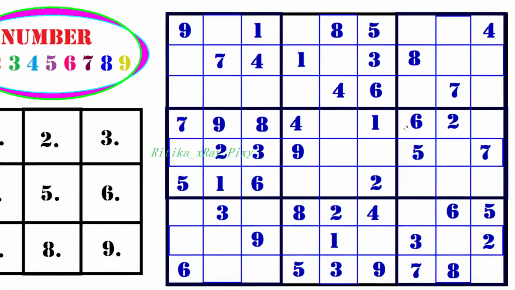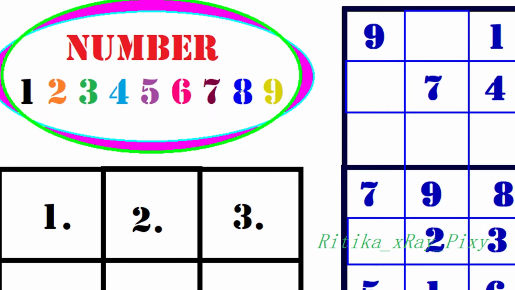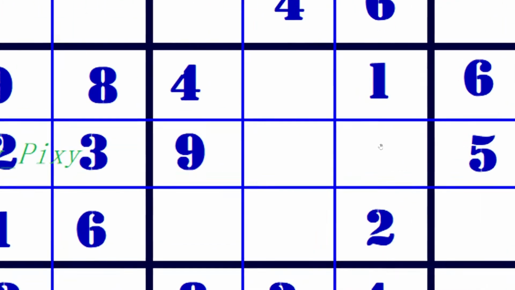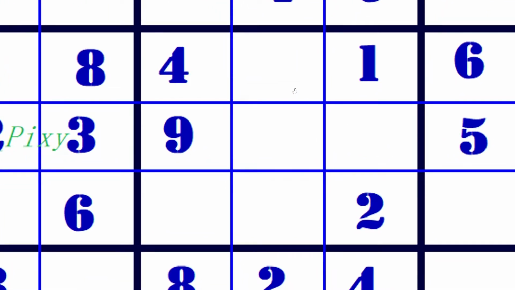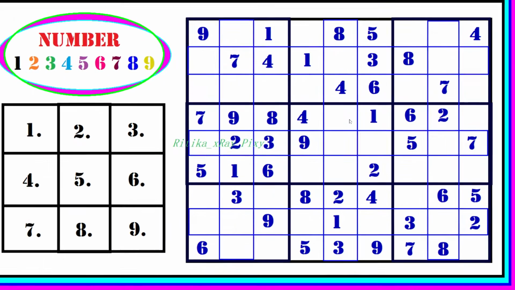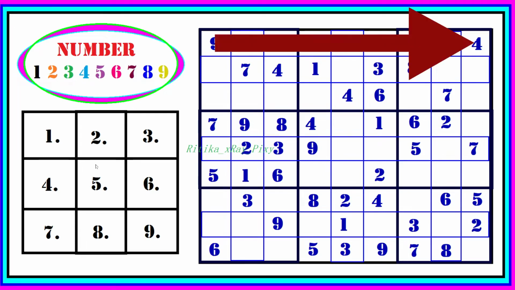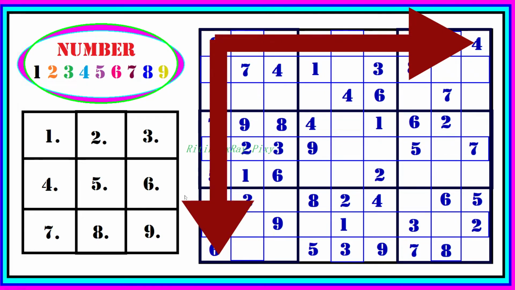And you can see inside each block we have digits. So we have digits from 1 to 9, and for example in this block you can see we have digits present 1, 2, 4, 9, and missing digits are 3, 5, 6, 7 and 8. So we need to fill the missing digits in each block, but the condition is we cannot repeat the same digit in the same row or in the same column.